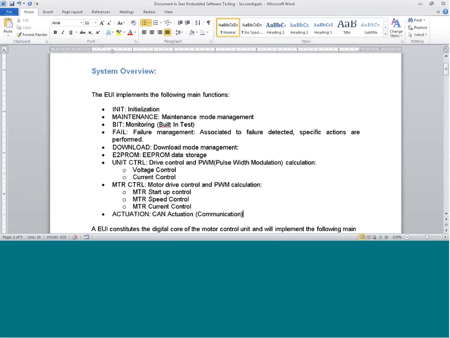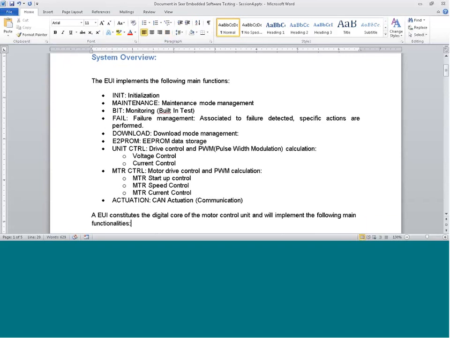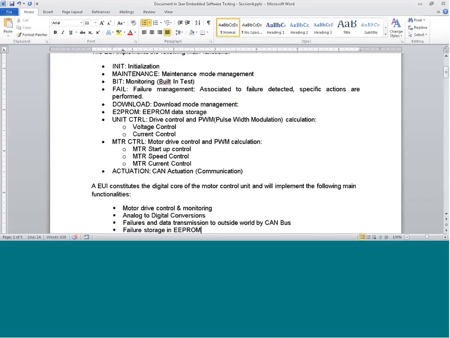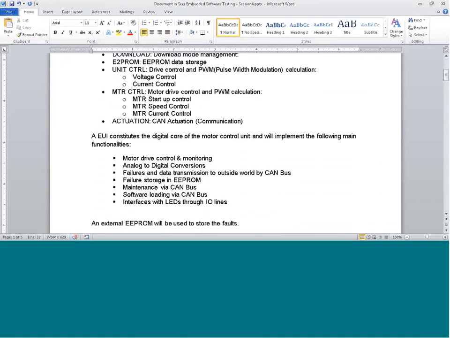The data, the external interface or the inputs or the outputs, how it is going to be communicated with the embedded target. That is with the help of CAN. The same thing is highlighted here. The embedded unit